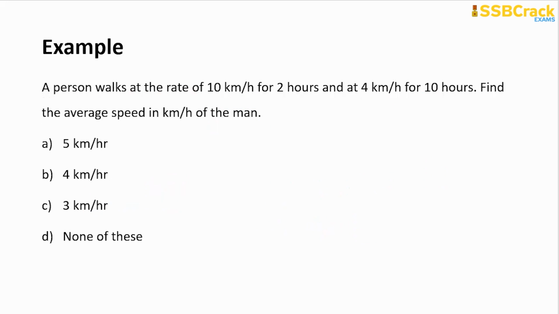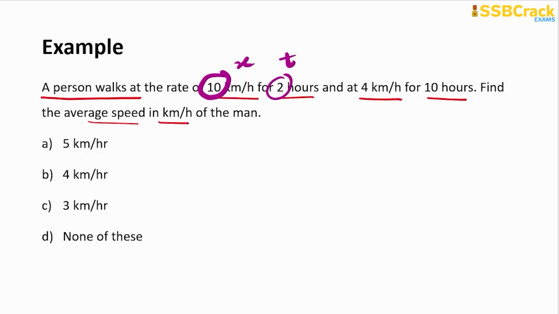Here's the example. A person walks at the rate of 10 km per hour for 2 hours and walks at 4 km per hour for another 10 hours. Let us find the average speed of this person in kilometers per hour. So note it down here. What are the variables required in your formula? This 10 km per hour is the first speed, represented by x, and the time taken with this speed is small t, 2 hours. The later speed is 4 km per hour, represented by y,